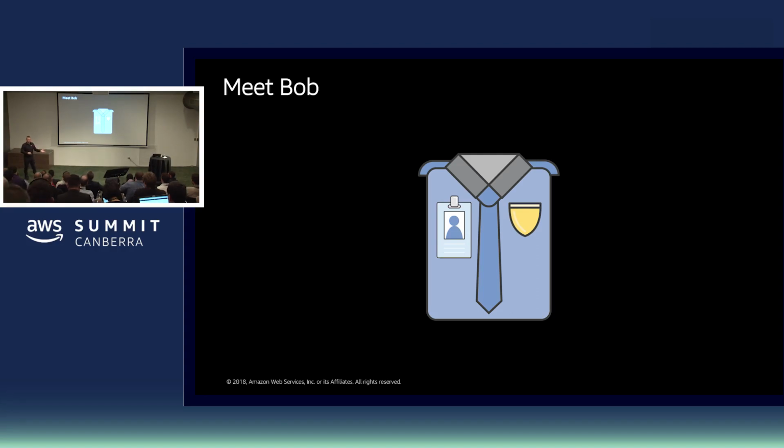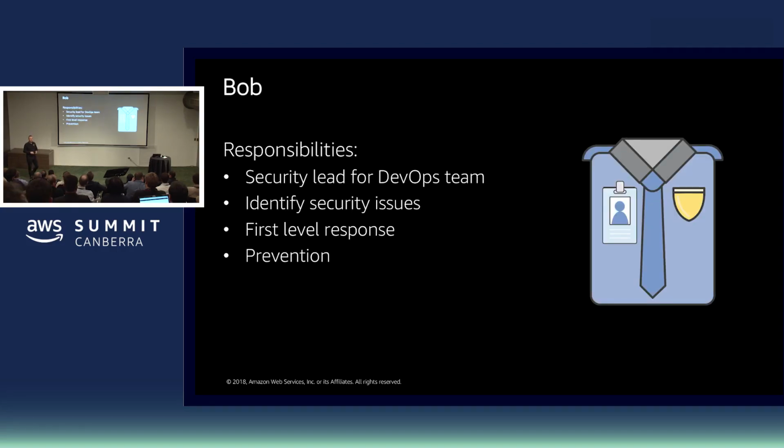I won't be Bob, but I'll talk about Bob. Bob works for a startup. They're very, very immature around incident response because it's all about getting their product out first, right? So Bob's responsibilities is he's the DevOps lead for security in his tribe. So he owns security. He's the only one. They don't have a CISO. They don't have any of that. Okay, so he's everything. He's the first level responder, and he needs to escalate up to management and bring in other partners to help if they have any issues.